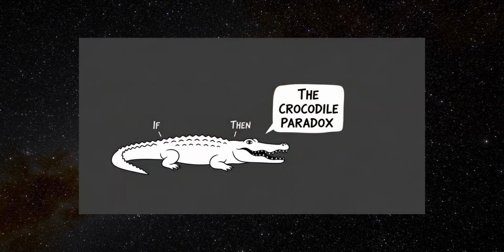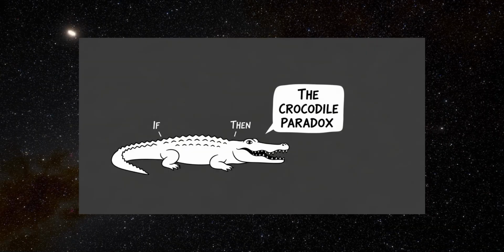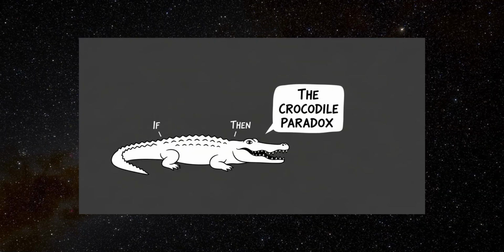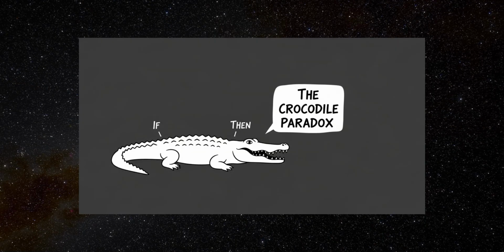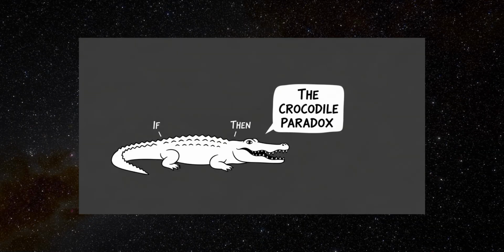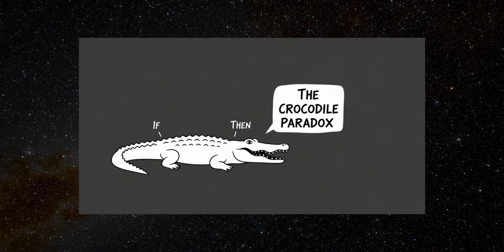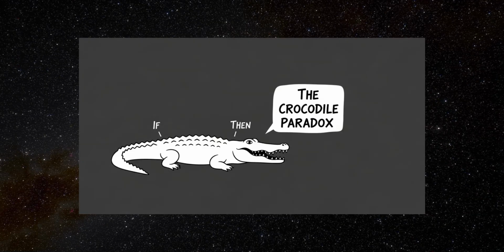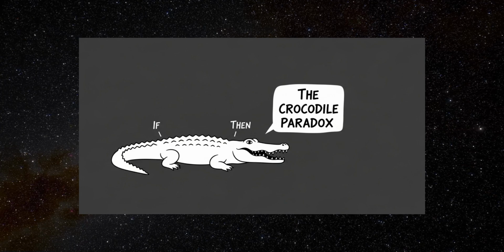The Crocodile Paradox. The Crocodile Paradox is a classic thought experiment from ancient philosophy that explores the tension between logic, language, and self-reference. It's a version of a self-referential paradox, similar in spirit to the Liar Paradox, and it reveals how seemingly simple reasoning can become tangled when prediction and conditional statements are involved in a recursive loop.